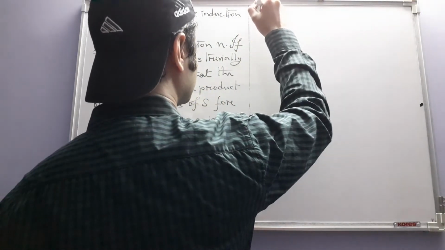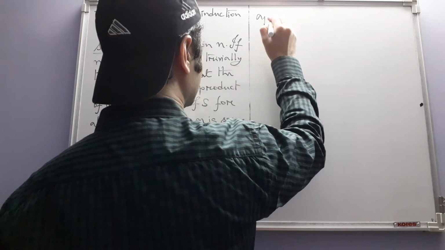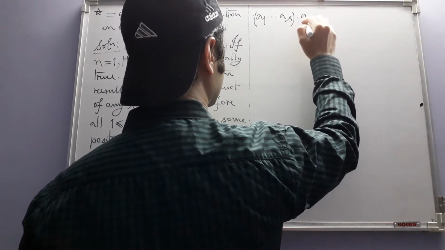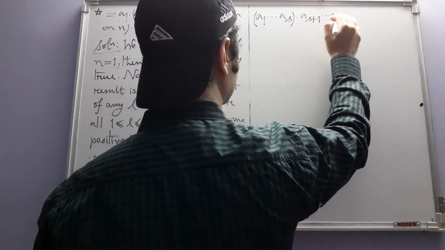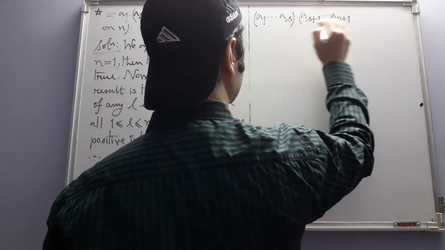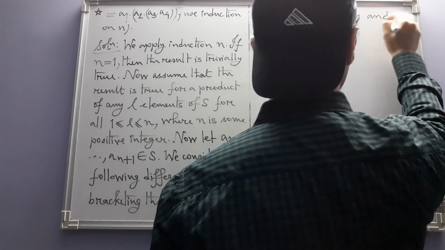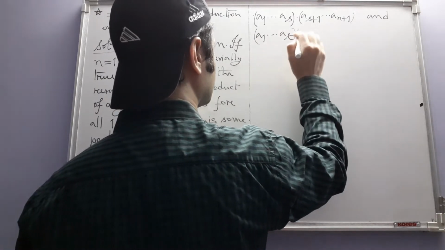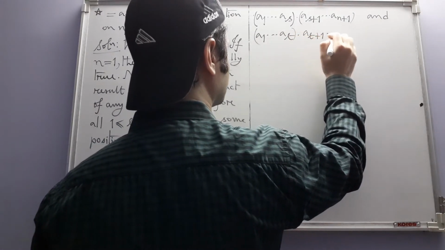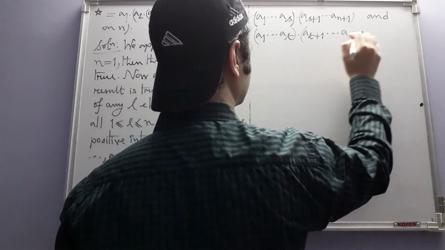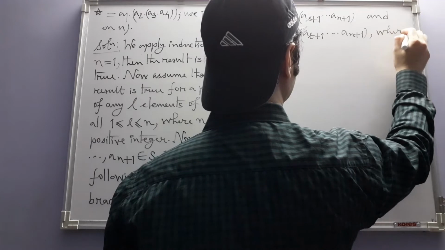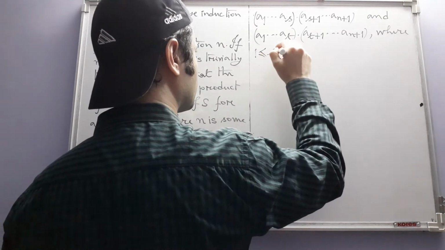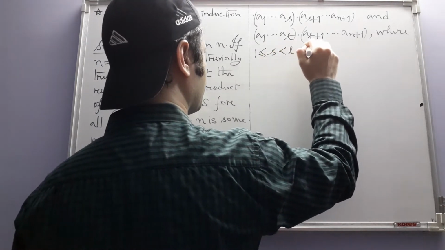One of them is this: A1, A2 up to AS, dot AS plus 1 to AN plus 1, and A1, A2 up to AT, dot AT plus 1 to AN plus 1, where